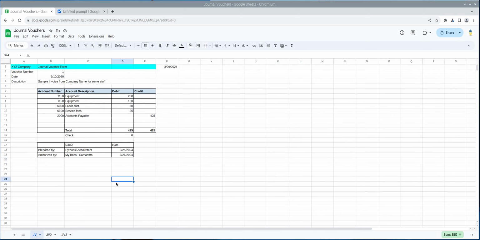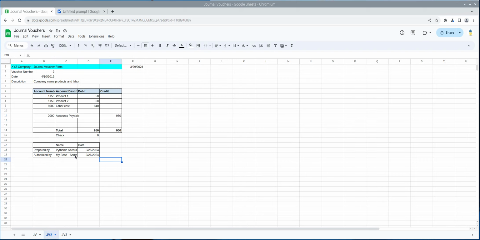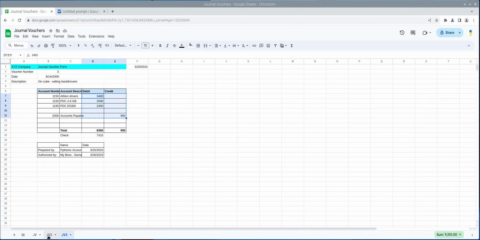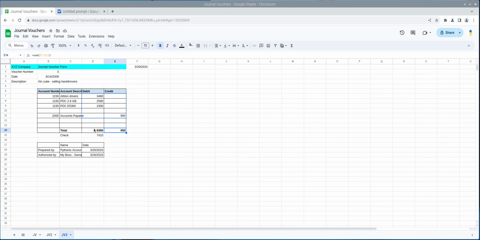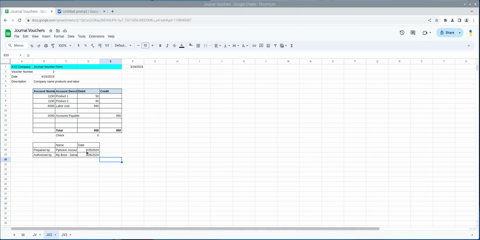I purposefully made a couple of errors to see if it would catch them. One was I typed in the authorized by, to pretend that I was typing in who authorized it. We'll see if it'll catch that. The other thing I did was make it so this one didn't balance, so you had a total debit that didn't match the total credit. And then I think I also made an error on purpose where the amount did not tie for one